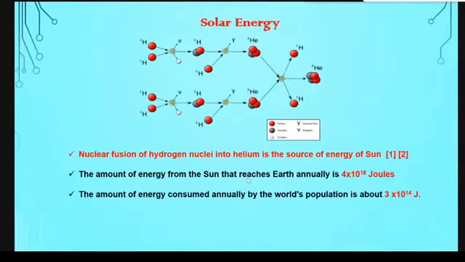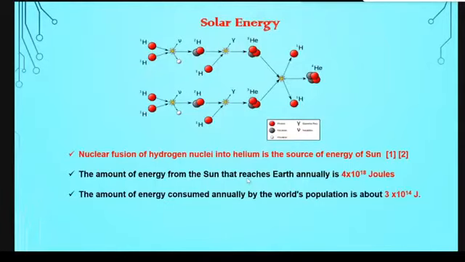So this is the scene, and you can say an ample amount of solar energy is available, and this solar energy is utilized in various ways, in heating water, and there are a number of applications. You can directly use this solar energy, and the solar photovoltaic system is one of its applications, that you can convert this solar energy into electrical energy also.